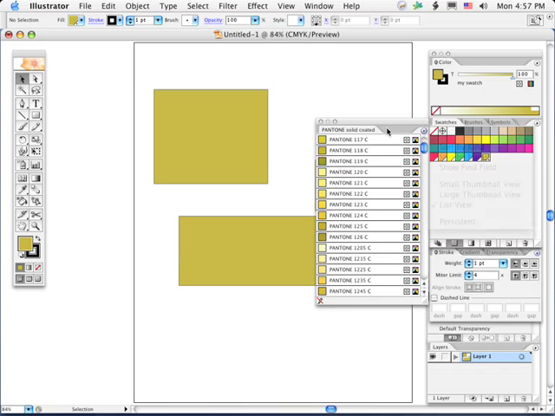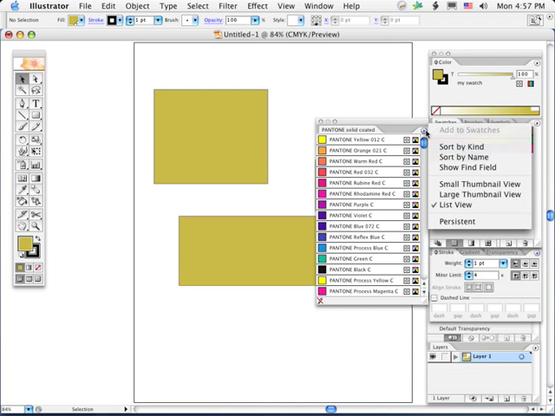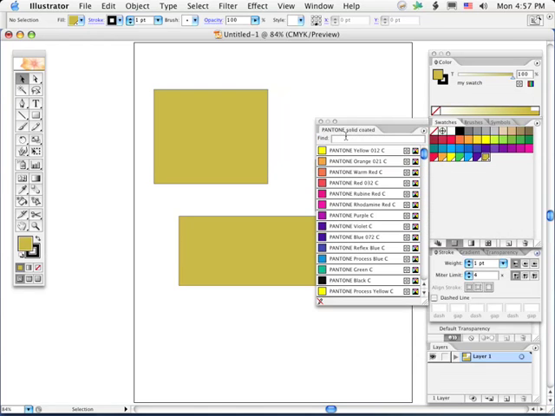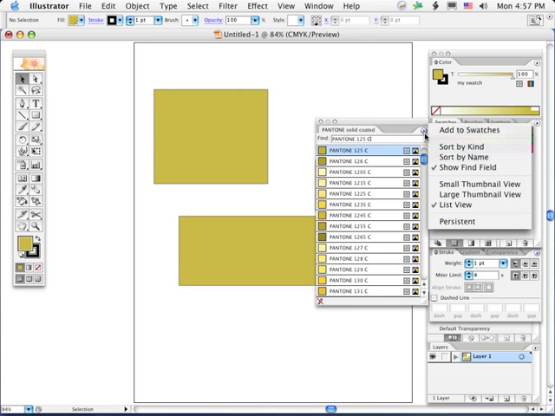Let me see if I can expand this up. And if I type in, let's see, if I type in 125. Oh, let's see. Oh, wouldn't you know it? I always have trouble with this. Show find field. There we go. So if I'm looking for Pantone 125, I can type it in here and it finds it for me. So this used to just always be available, and now they've kind of hidden it in here. So we just want to be able to show that find field